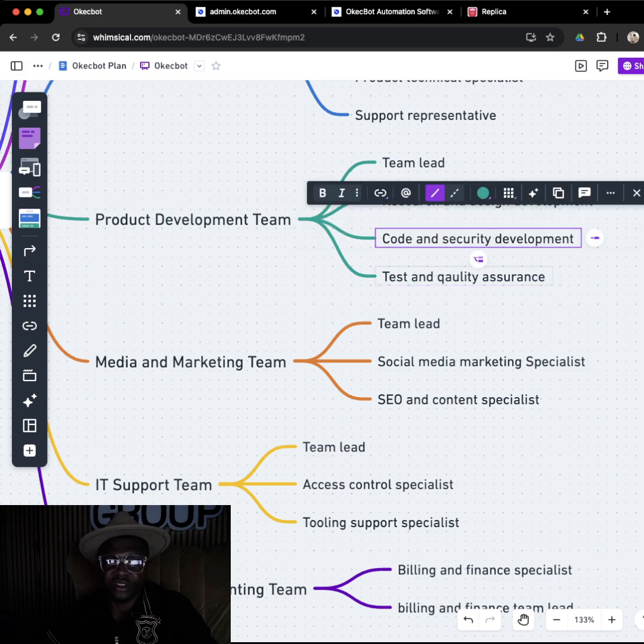We have the code and security team. They're the software developers who develop the Okecbot software. Initially, I developed it single-handedly, but I think it has come to an extent where I would no longer be building the product myself, as I intend to have other developers continue from where I handed over the mantle.